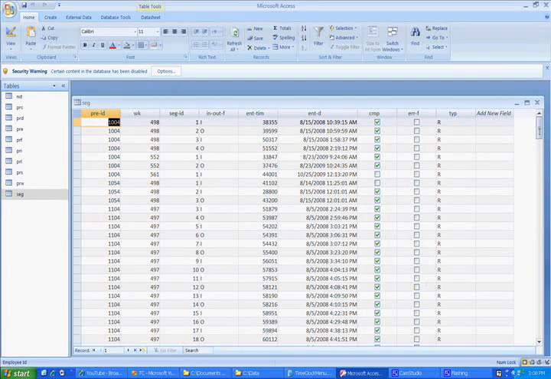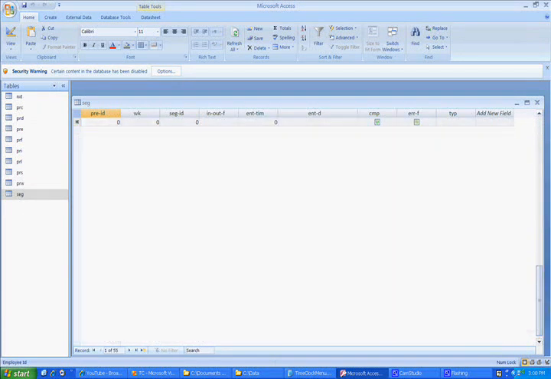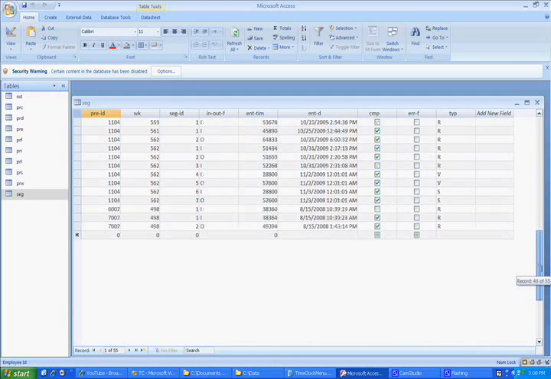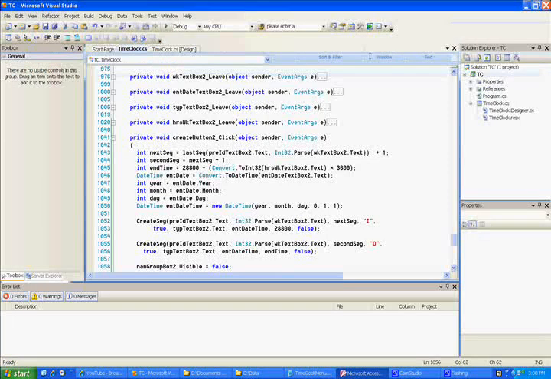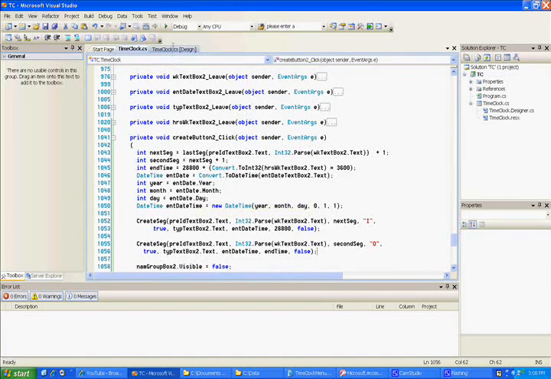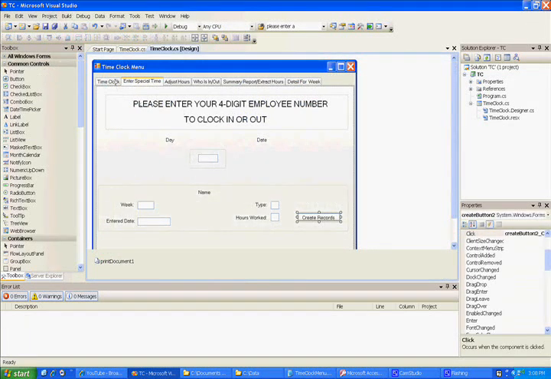Here's the seg database. I'm going to go down to the bottom where I have mine, 1104 for the 3rd, and it looks like they created just fine. And I'll show you now. We'll go ahead and see clocking me in. I might be clocked in already, I can't remember. Let's go ahead and clock me in,